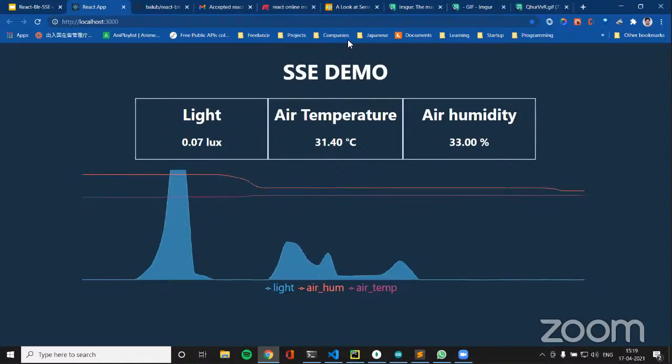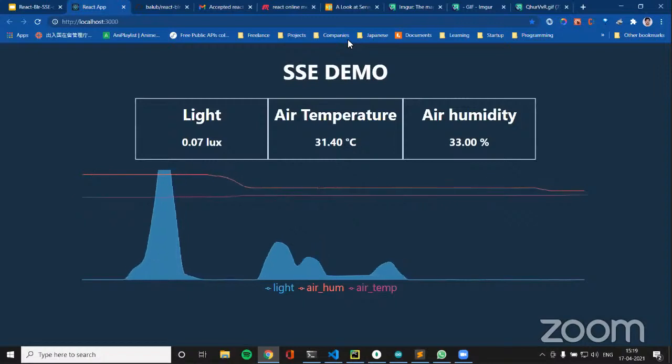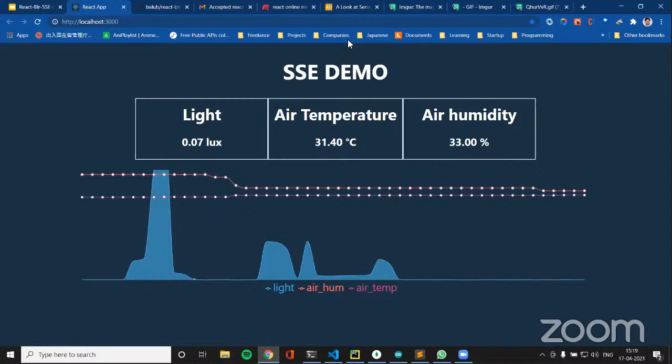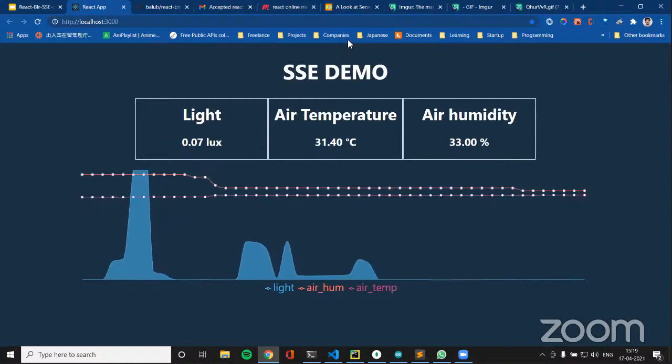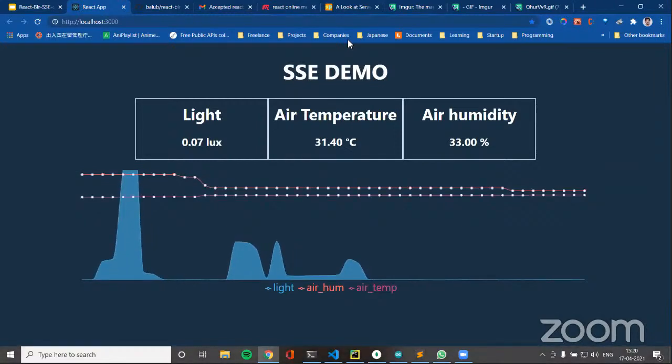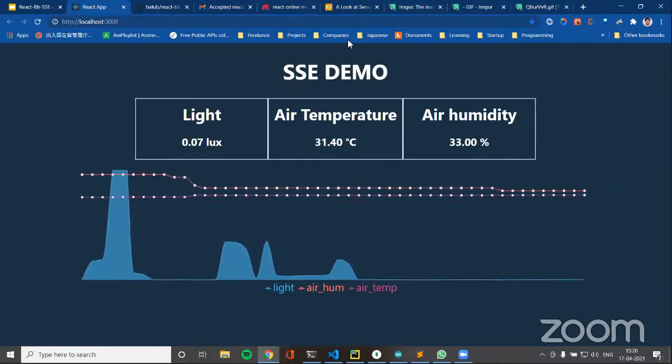All right. So if you can see my screen right now, it's a very simple demo. What it does is it receives data from the server, from 3 sensors basically: a simple light sensor, an air temperature sensor, and a humidity sensor, and it displays the values in real time here. Now, one thing you need to know is that I've added a 5-second delay on the sensor end. That means every 5 seconds it updates a value to the MongoDB database,